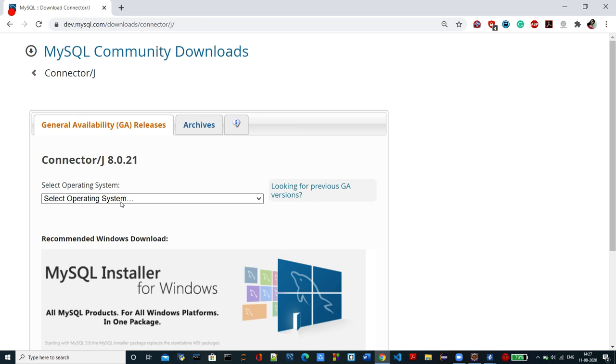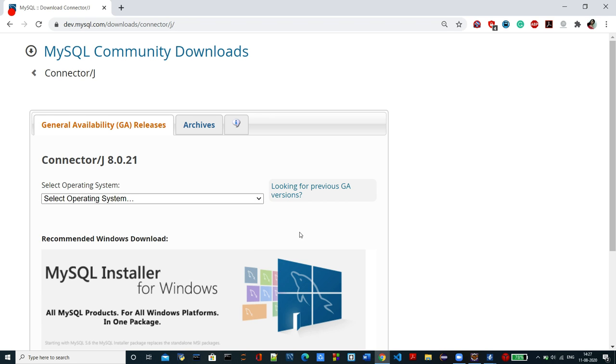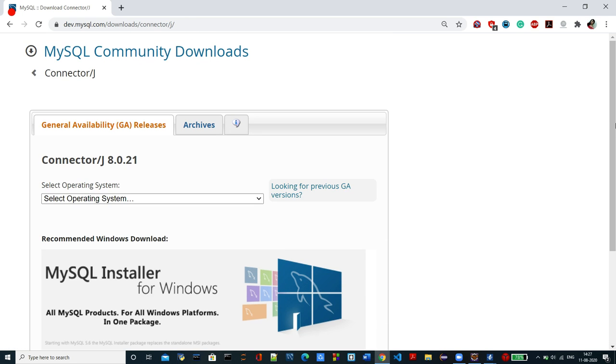You can choose your operating system and download accordingly. This one is for Windows, and you need to make sure that you are using the current version of MySQL. I have already downloaded it in my system. If you want to download it, you can download it from here.